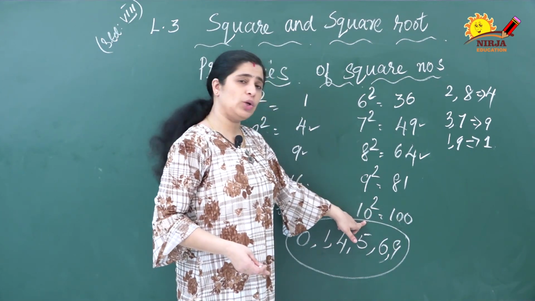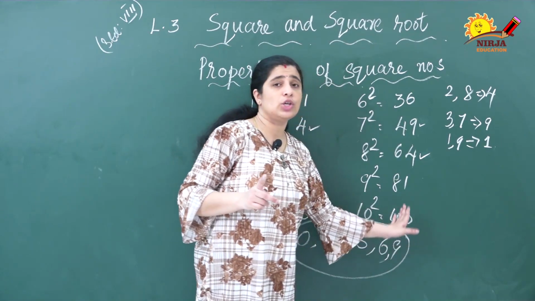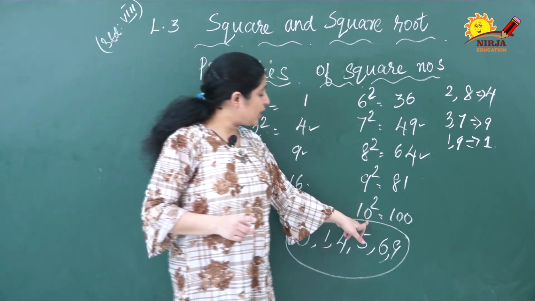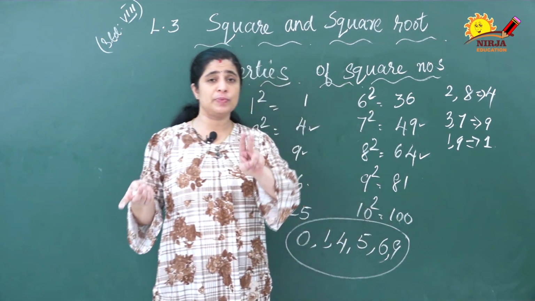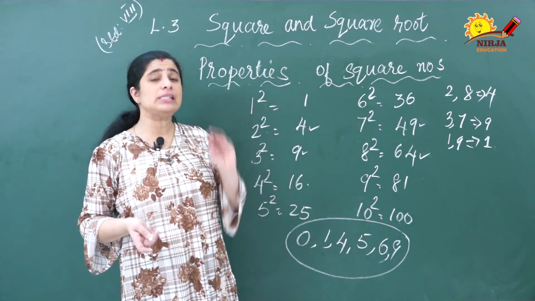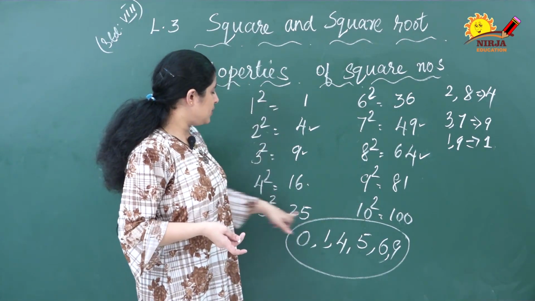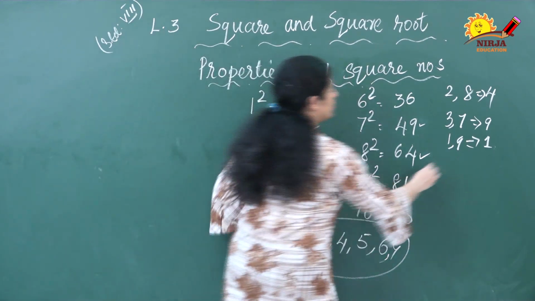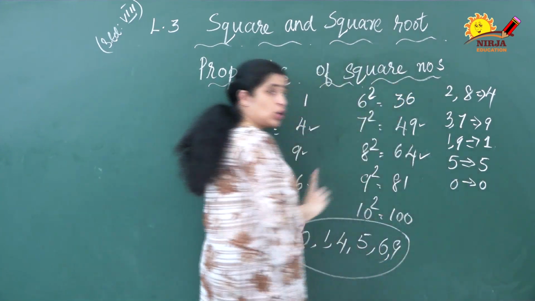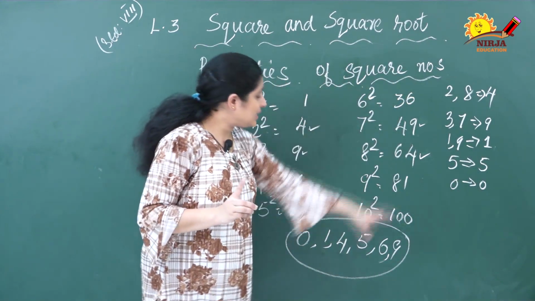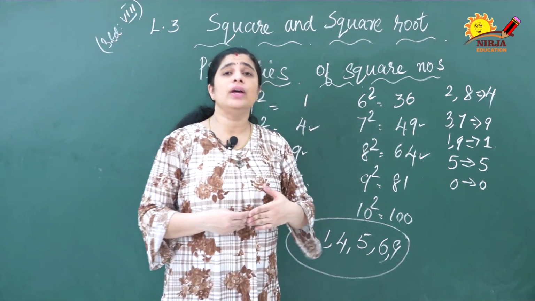See here, if 0 is there, 0. And one more thing, even numbers of zeros are there for a square. If 1 zero, then 2 zeros. In the first part I already discussed, if 2 zeros, then 4 zeros will be there. That means even zeros will be there in the square. And 5 means, 5 in place of 5, you will get 25 and 00. That is also an even number. So in this way it will be easy for you to find the square of a number.